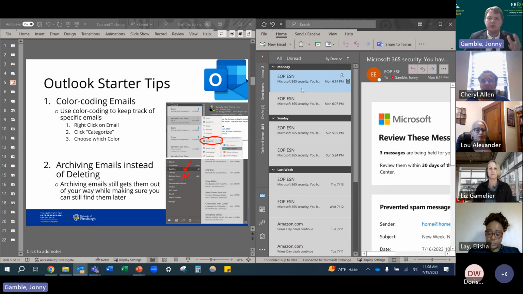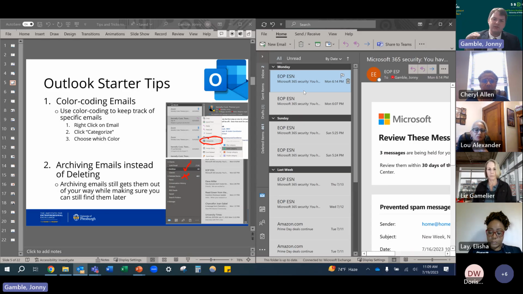One other really nice tip is that if you see a junk email or one that really isn't relevant to you, I always recommend archiving the email as opposed to deleting it outright. When you delete an email, it will go to your recently deleted, but after a certain amount of time, the email software will automatically delete that email and it will be gone. You won't have a way to track it from there then.